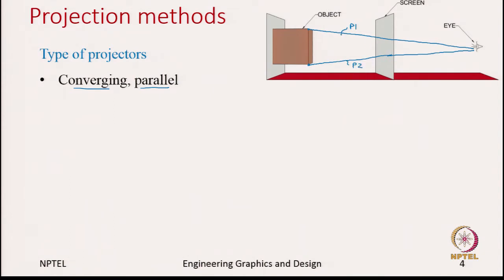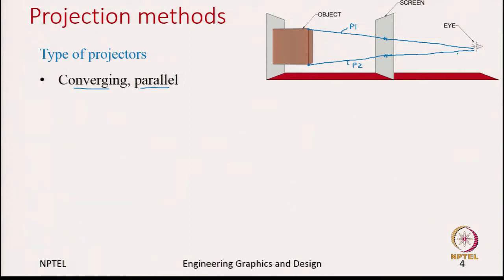The reason why we use projectors is to see where they intersect the projection plane. So, these are the 2 points on the projection plane. But the point I am trying to make here is, how do these two projectors look? Are they parallel or converging? At least in this case they look converging, which means these projector lines are all converging to a single point. The reason they are converging to a single point is because the observer is close to the object.